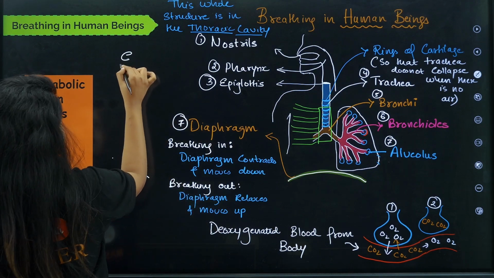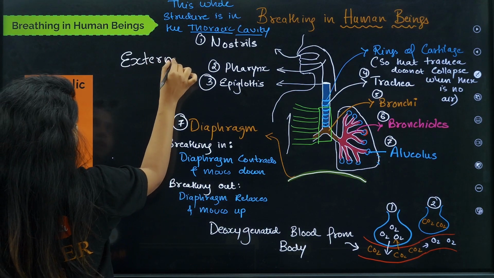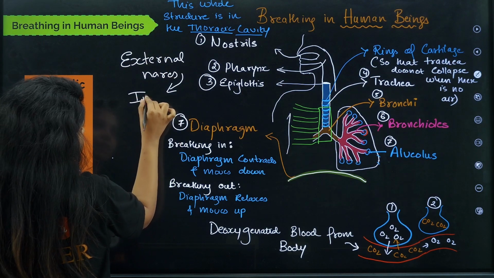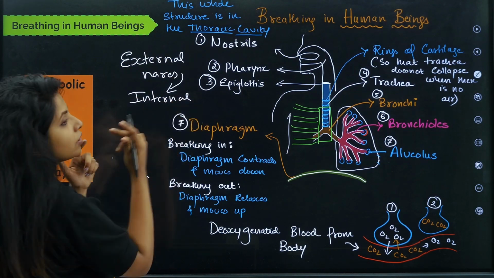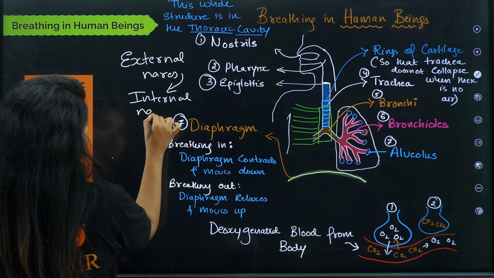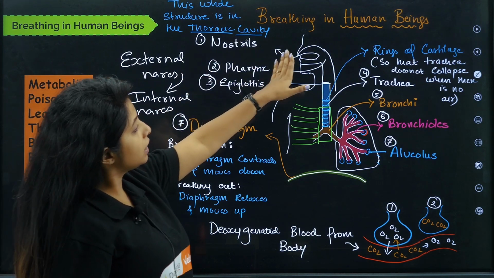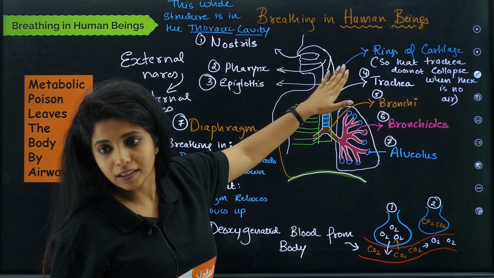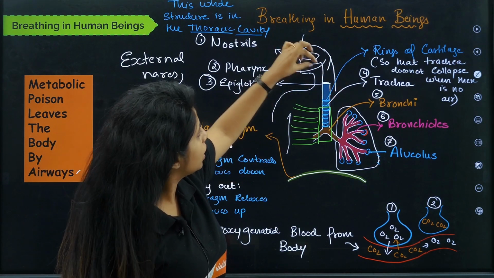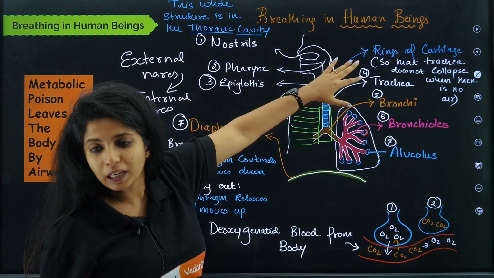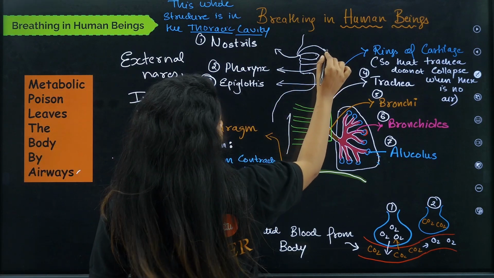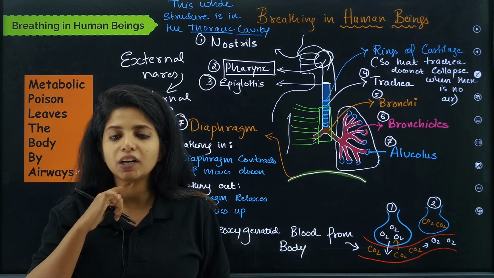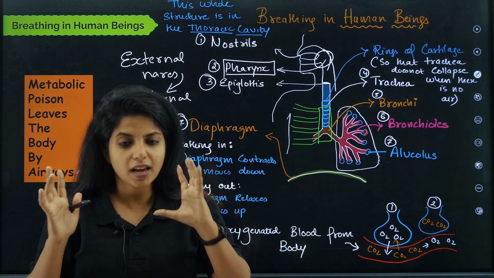Do not get confused if they are asking you the pathway. You have external nares, then you have internal nares. The area after you get inside is known as internal nares. Then this particular region is known as what? Pharynx. I told you, right? When you open your mouth, or when you open your nose, there is a common region that you end up with, that is known as pharynx. This common region is known as pharynx, my dear children, which is why sometimes whatever we eat also comes back to our nose, because it has a connection.